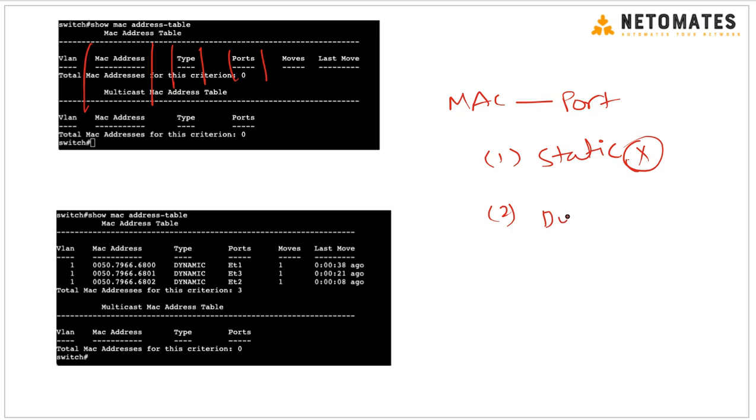99% of switches will learn, or are configured to learn, the MAC addresses in a dynamic way. So let's see how it will learn. If you can see, now this MAC address table is empty. There are no entries. After the PCs start communicating, the switch will dynamically learn